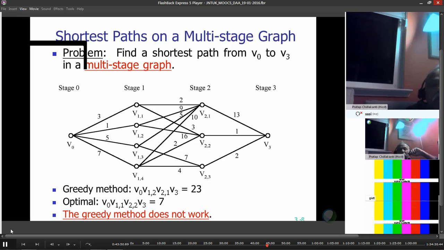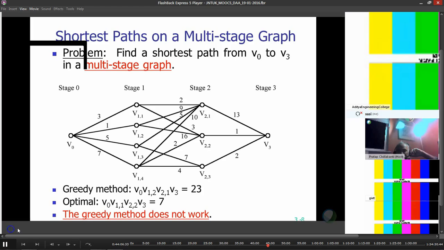Now we all know with simple math that the optimal path is V1, V2,